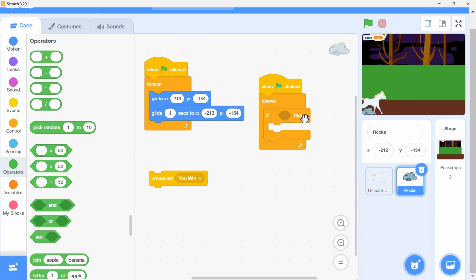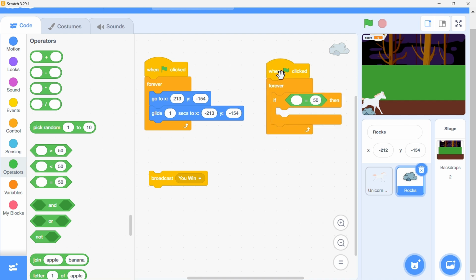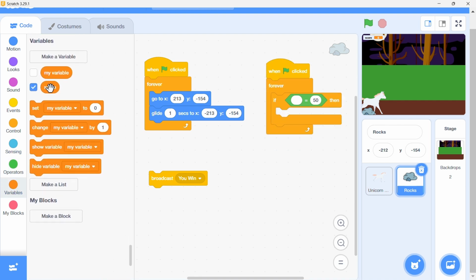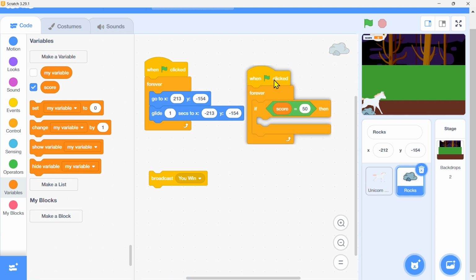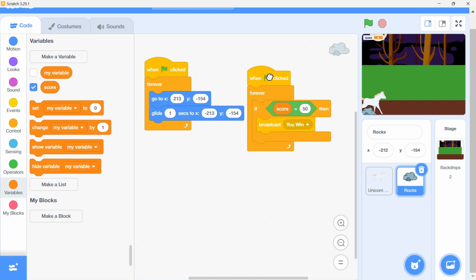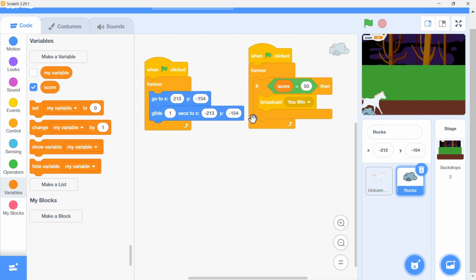If this score, let's say we're going to be using this operator here. If score is equal to 50, okay, 50 is not really small. Let's use 50. If score, which is your variable, equals 50, broadcast, you win. Then for the unicorn,